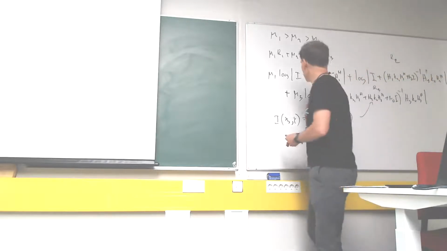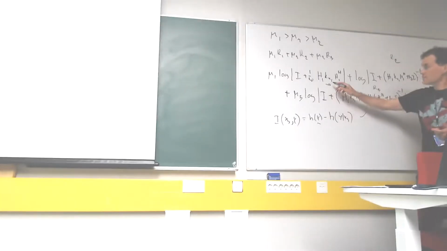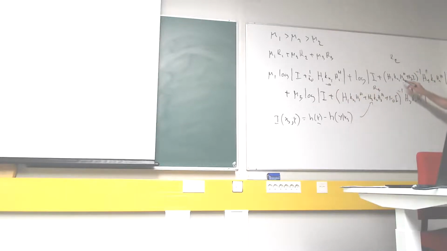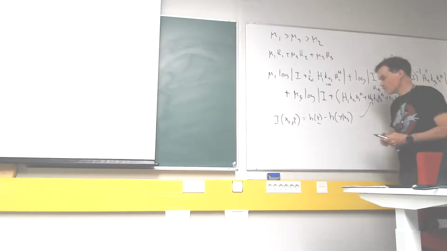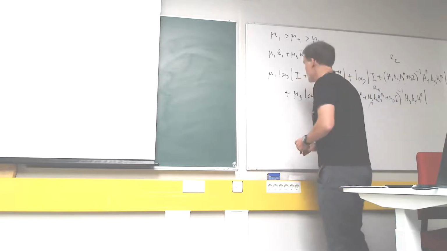Okay, of course we cannot optimize this directly, because this first term is a concave function of Kx1. This term here is a concave function of Kx2, but a convex function of Kx1. And here, a concave function of Kx3, but a convex function of Kx2 and Kx1. So it is a non-convex expression. So what we do here is rewrite